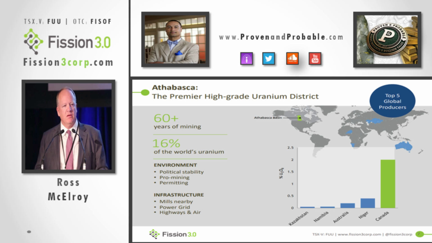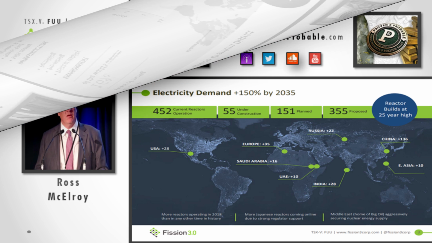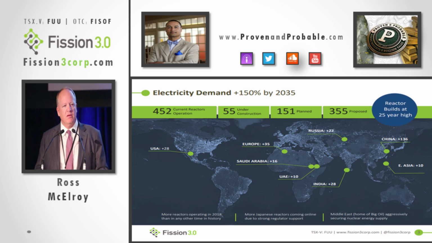Now that we've identified uranium's utility, what can you share with us from a supply and demand perspective? Well, it's fairly simple to understand what the demand for nuclear energy is, in other words, uranium. If we multiply the number of reactors around the world that are currently operating by the fuel consumption rate, and just to put it in broad terms, your average 1,000 megawatt reactor requires just under 500,000 pounds of uranium a year.